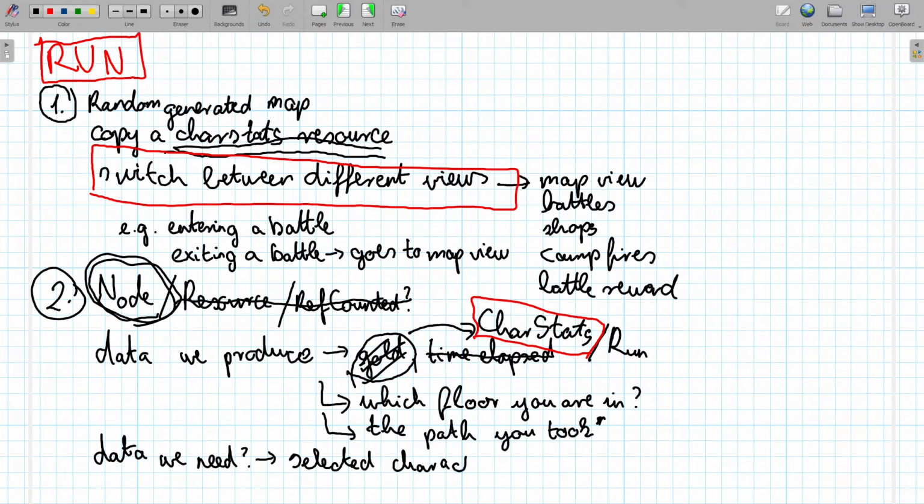We want to play with, and I think that's it. We might also want to do a seed system so we can have fixed seeds. Not sure. I think that's kind of outside the scope again for this tutorial, but if we had a seed, that's also data we need from the menu when we enter a new run. Communication wise,